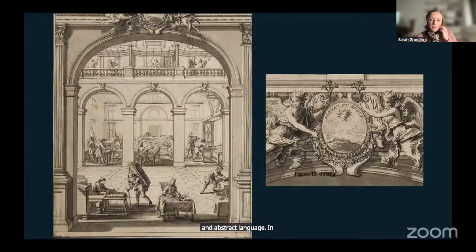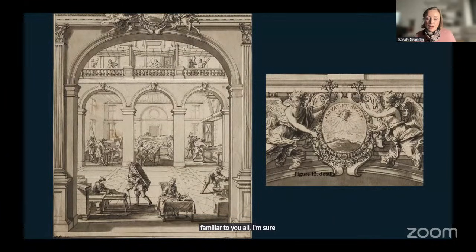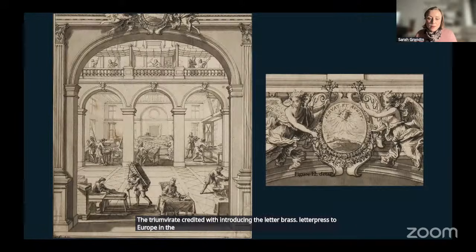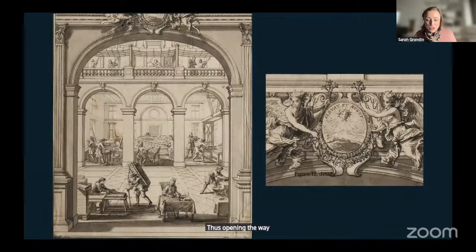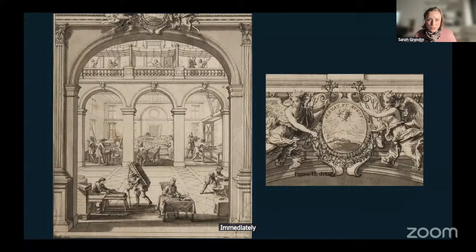Inscribed in the balustrade that crowns the composition's proscenium-like frame are three names, familiar to you all, I'm sure: Gutenberg, Fust, and Schoeffer, the triumvirate credited with introducing the letterpress to Europe in the 1450s. Thus opening the way for mass communication in the West and enterprises such as the Imprimerie Royale. Immediately below this homage, which you can see in the detail I've extracted at right,